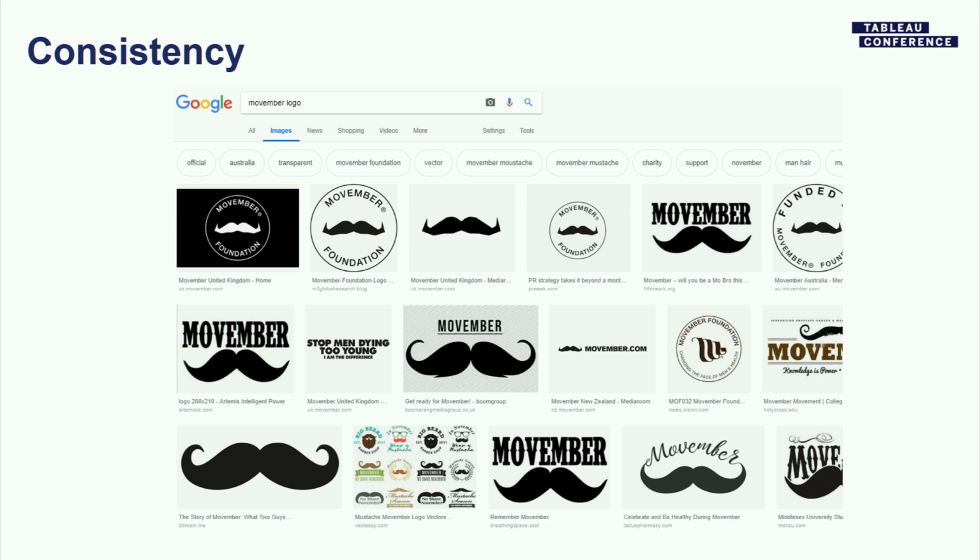The last theme is consistency. And I think what's important about this theme is that we're not looking at taking one dashboard and using it as a cookie cutter to make 100 different reports from it. You want to think about creating your corporate standard, but including flexibility there for different variations. So I just did a Google search of the Movember logo, and we can see how much that logo has changed over time. But each one is giving us a sense of what this organization is and what their focus is. So right when you look at it, you know that it's a Movember icon.